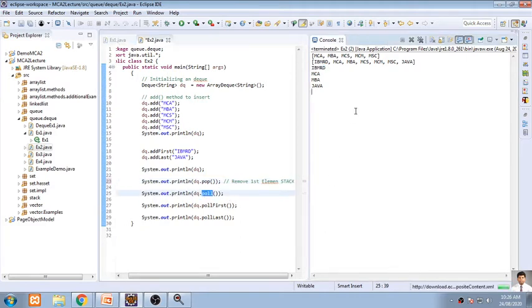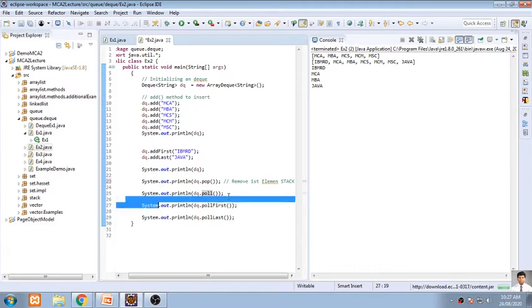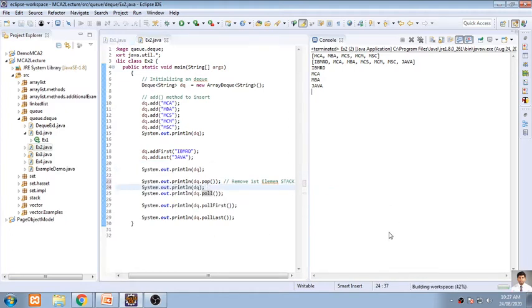Then what about pull? What is the function of pull? Is pull used in stack or queue? Push and pop are the functions of stack. Pull is a function of queue. Now after this I will display this queue, so after removing, we'll see what the output of this queue is.